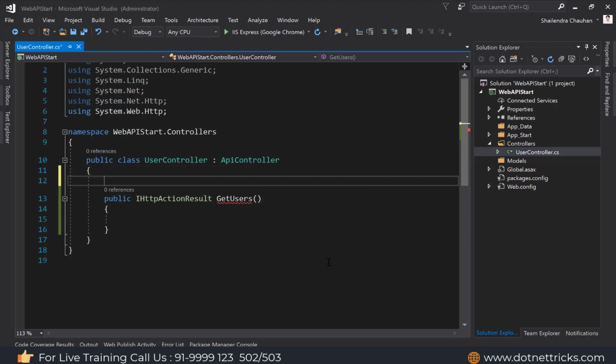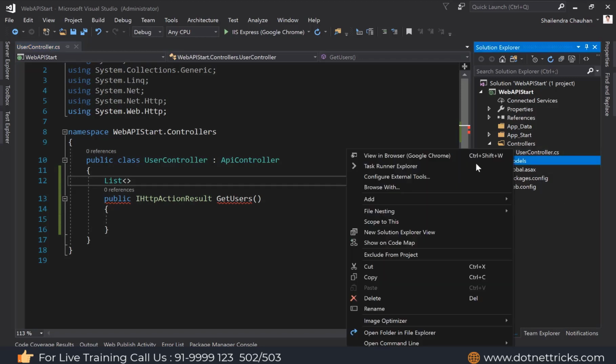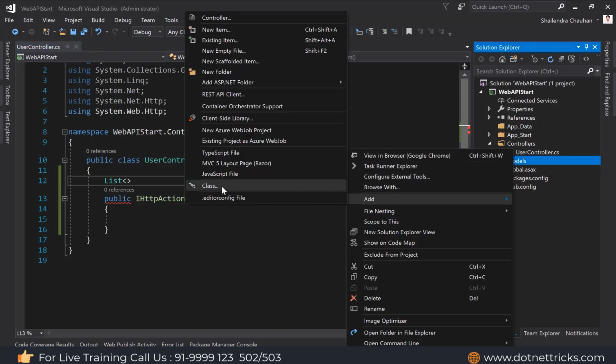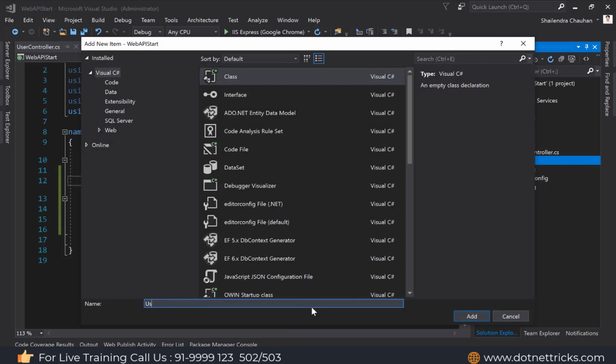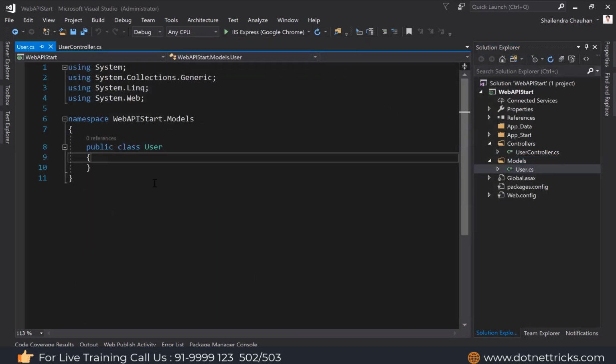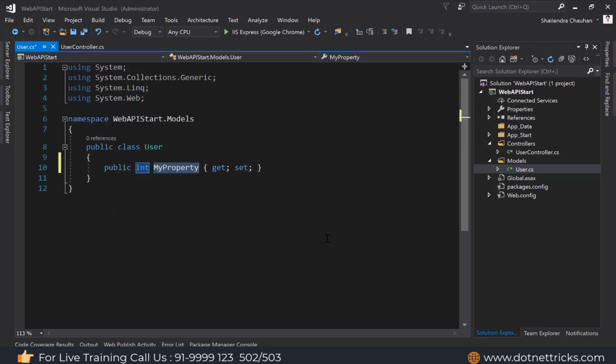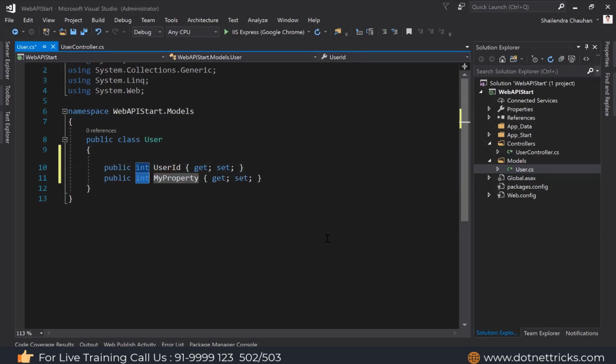So let's create a list here, and for returning the user, just do one thing, just create a user model here. I'm adding a user model. Now it has some properties. Let's say I'm adding user ID. I'm adding another property, let's say string name.